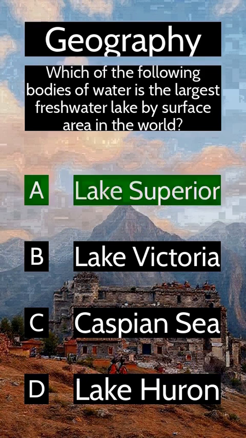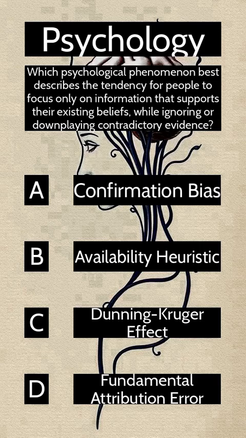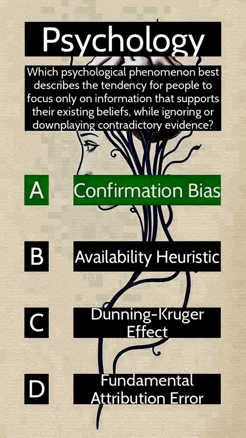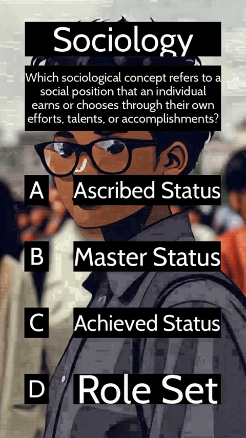Answer A. Lake Superior. Which psychological phenomenon best describes the tendency for people to focus only on information that supports their existing beliefs, while ignoring or downplaying contradictory evidence? Answer A. Confirmation bias. Which sociological concept refers to a social position that an individual earns or chooses through their